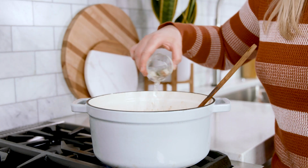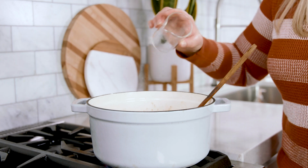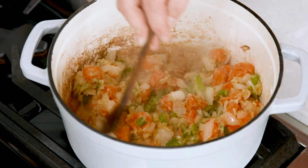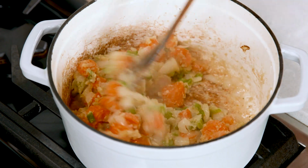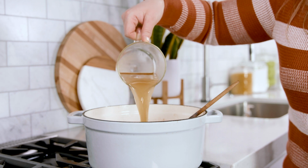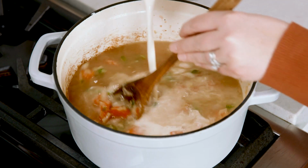Add to that half a cup of cooking wine, which really enhances those flavors. And go ahead and stir and scrape the sides of that pan, loosening any of the cooked and browned bits. Slowly stir in 6 cups of low sodium chicken broth, 2 cups of heavy cream, and stir that as you